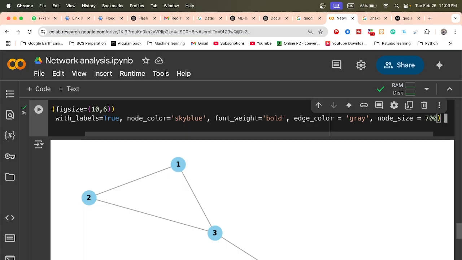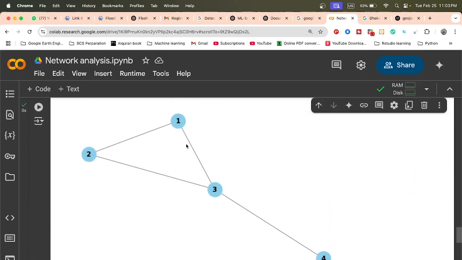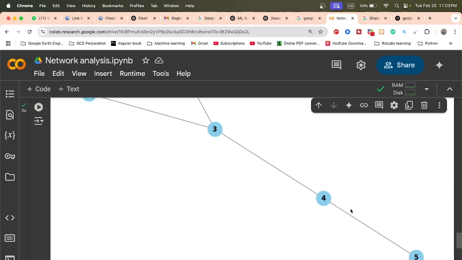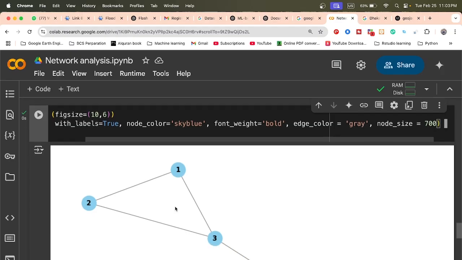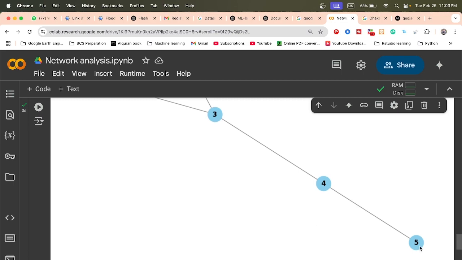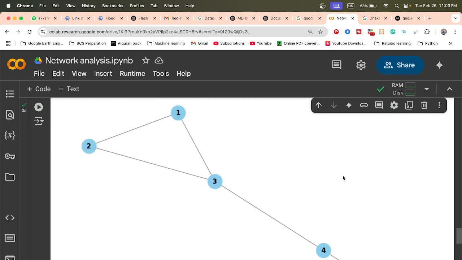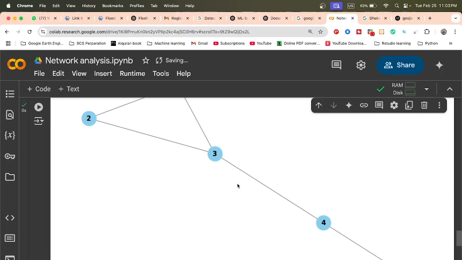So now you can see this type of thing. Okay, so 1, 2, 3, 4, 5. Total 5 nodes we find here. Okay, so you can see from this node, 2 and 3 are very near, and also you can see 5 is very far from the 1. Okay, so this is an example, but when you work with a real project, then